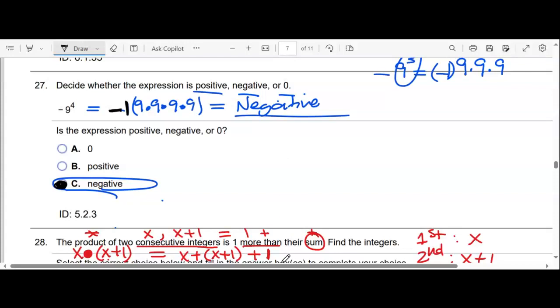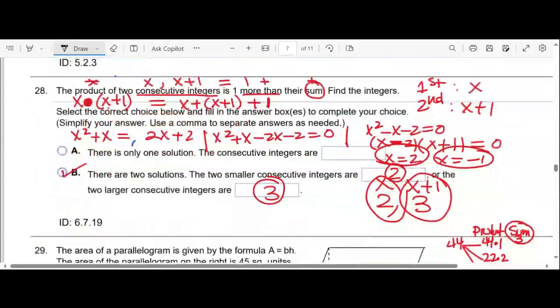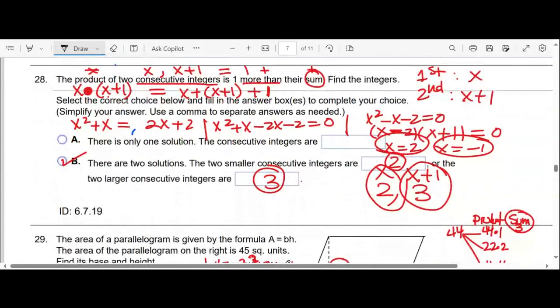Turkey, read the next question. The product of two consecutive integers is one more than their sum. Find the integers. Okay, what does product mean? Multiply. What does sum mean? Plus. If I say page number 1,